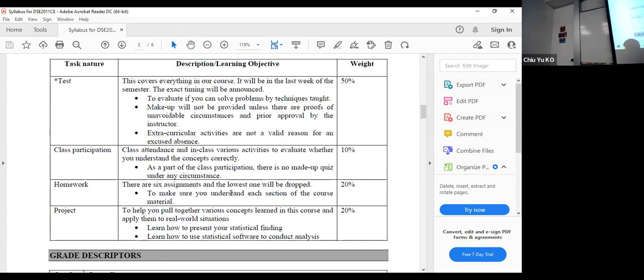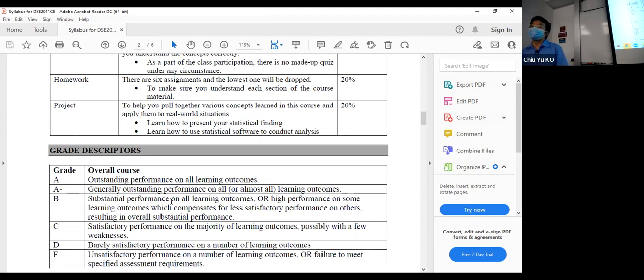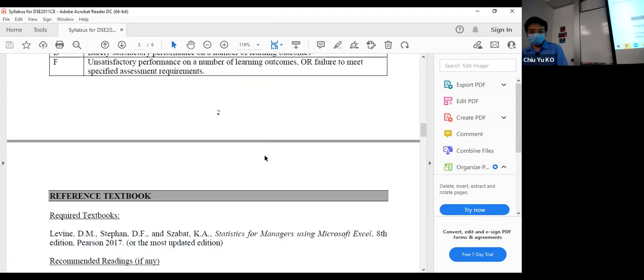But that's for fairness, because sometimes when you do a project, it's just like, I suddenly don't like it, or it doesn't fit my taste, or it's too subjective. So I want to be more objective, to put it this way. The course description is the same for every class, so there's nothing new there.